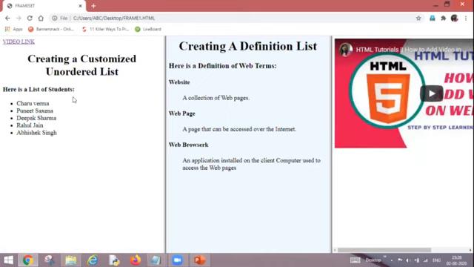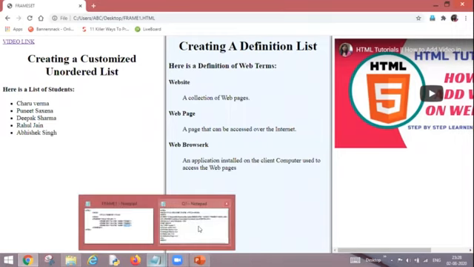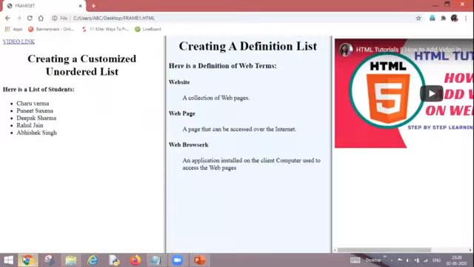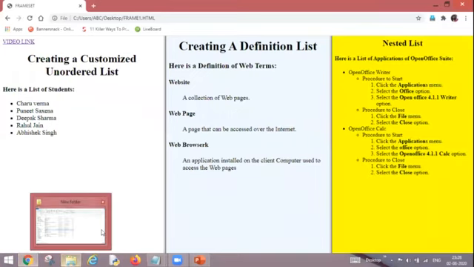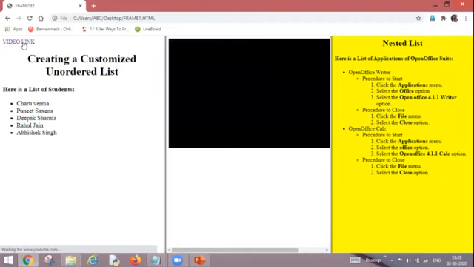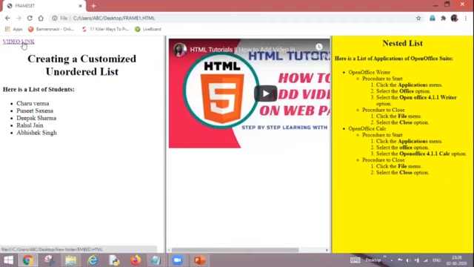And here it is. You can see that the video has opened over here. Similarly, if I write frame2 in the target, my video will open, sorry, F5, in my frame 2. Here it is, in my second frame the video is open.